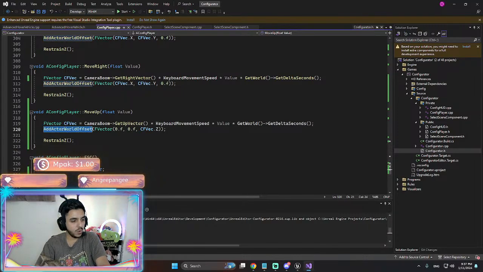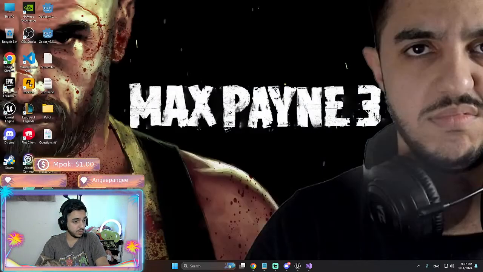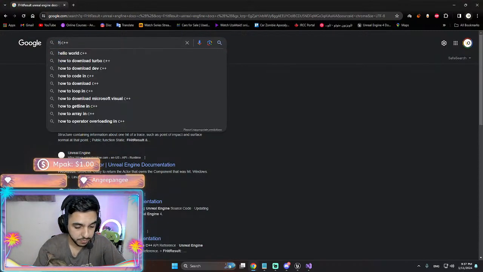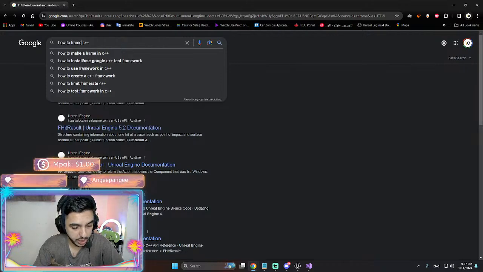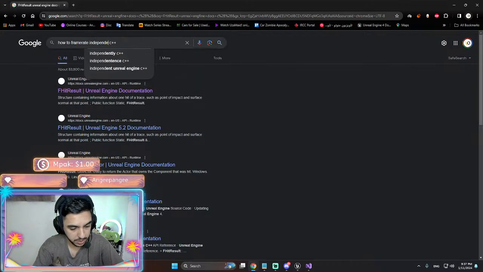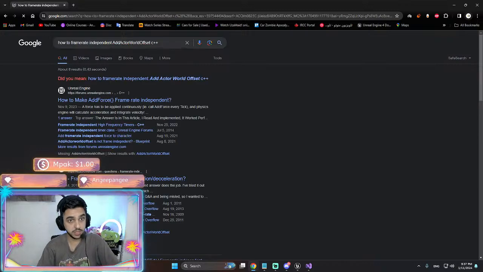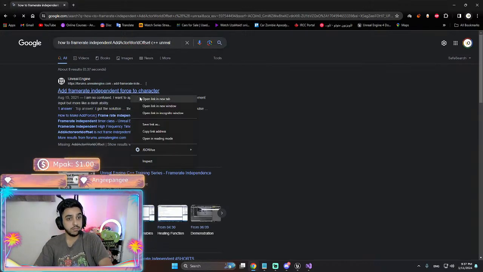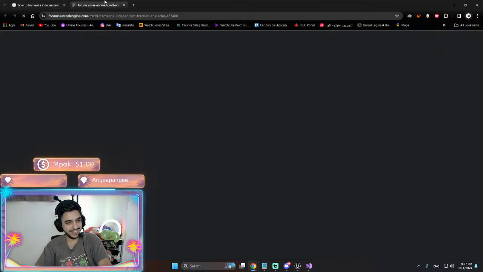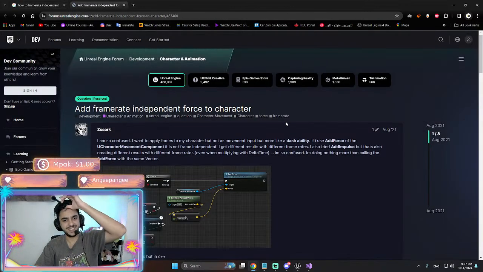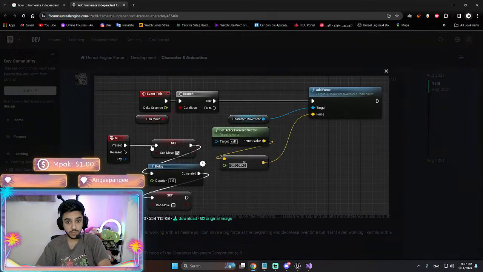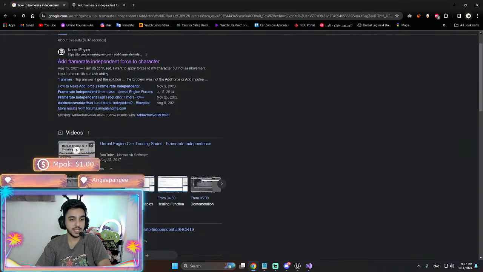How to add a world local offset with... I have to search something on the internet. Bro, we're doing game dev. How to frame rate dependent. Add local offset C++ Unreal. What's this guy doing? Oh, dude, AddForce is already independent. Yeah.